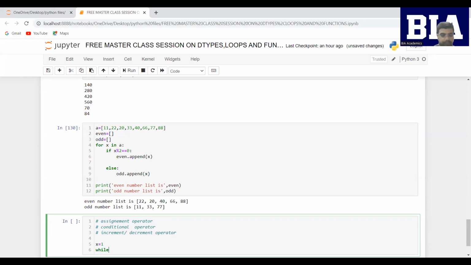While x is greater than 0, yeah, less than 12 का table ही दिखाता हूँ. Same table that I have done with the for loop, I'll be doing it with the while loop, so you will understand the difference between the for loop and while loop there. So first what I have done is assignment operator. Assignment किया, x is equals to 1. उसके बाद what I have done is conditional operator. Okay, condition दिया मैंने कि x is less than 12. Okay, after that colon,